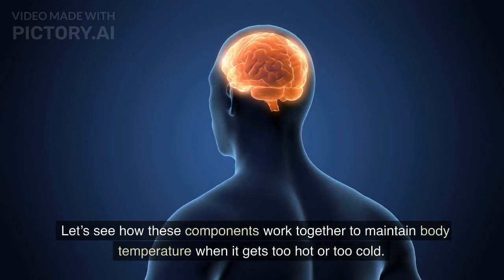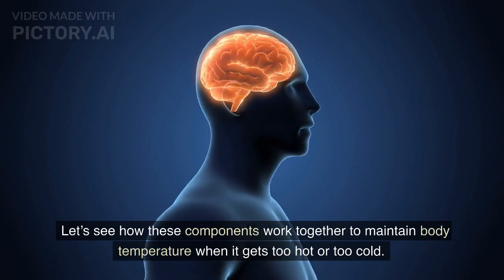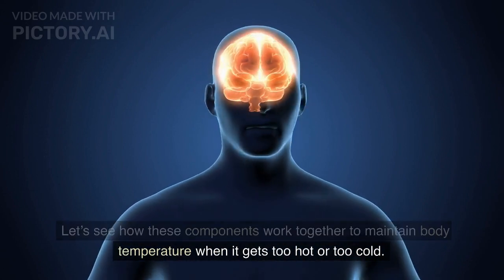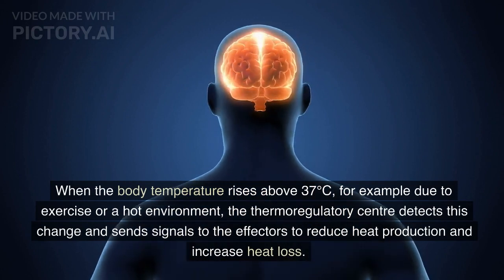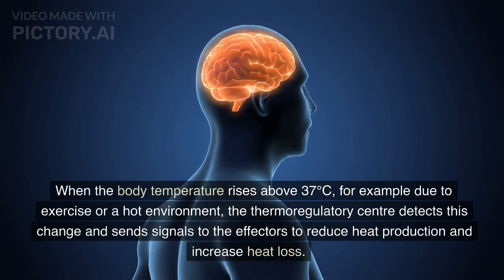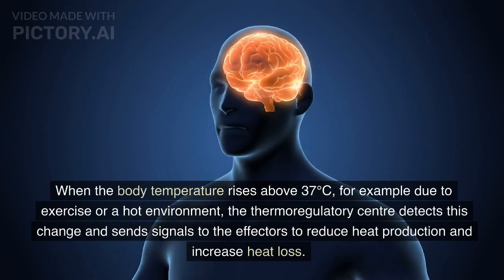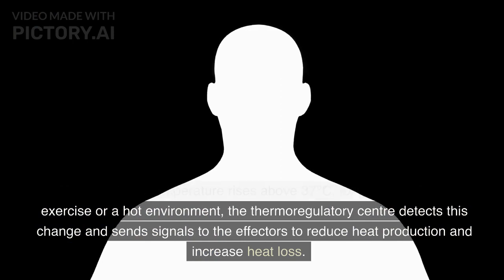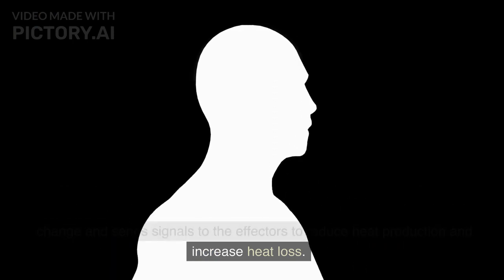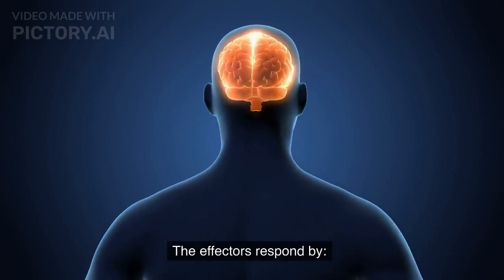Let's see how these components work together to maintain body temperature when it gets too hot or too cold. When the body temperature rises above 37 degrees Celsius, for example due to exercise or a hot environment, the thermoregulatory center detects this change and sends signals to the effectors to reduce heat production and increase heat loss. The effectors respond by